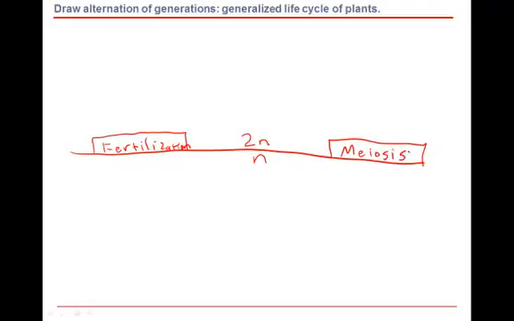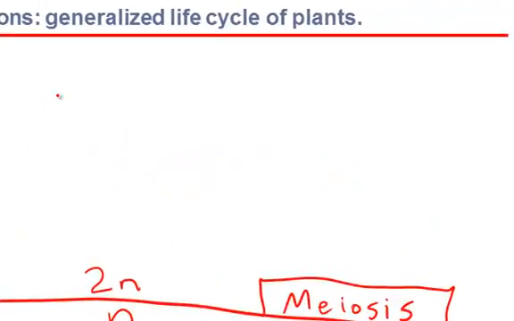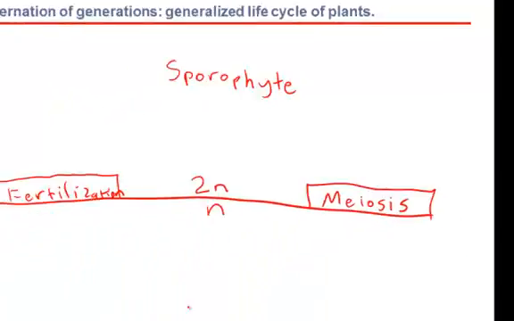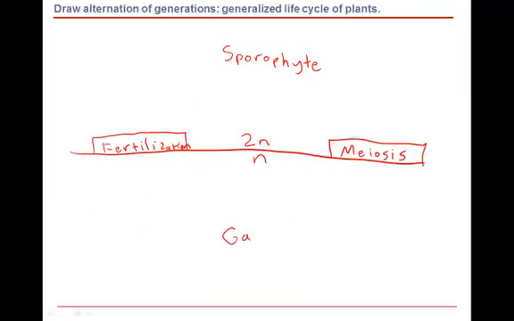Now, in this life cycle, it's really pretty easy. There's two stages. A diploid stage, up here we're going to label sporophyte. Now, at first, this might seem like a difficult name, but I think it's a very good one, better than being named after a person. Below the line, the haploid stage is called the gametophyte. Let me explain about the etymology of these two names. Phyte, P-H-Y-T-E, means plant, and sporophyte produces spores,